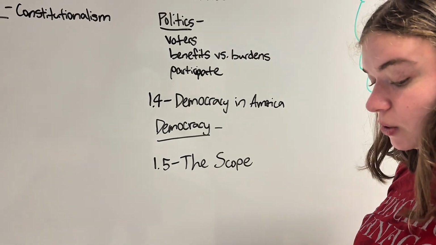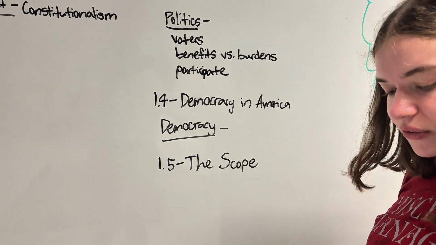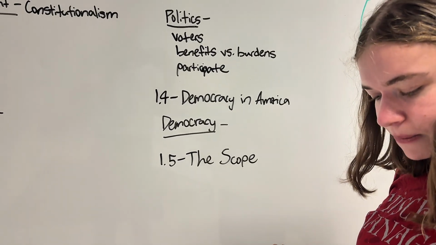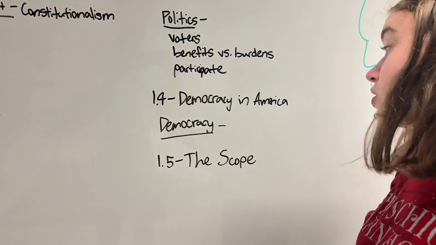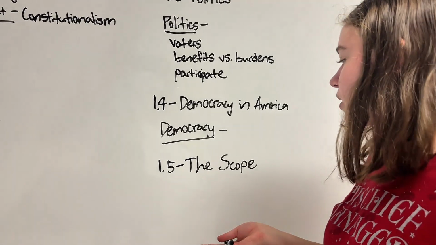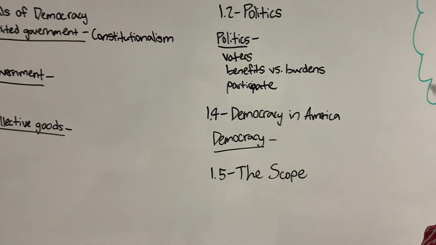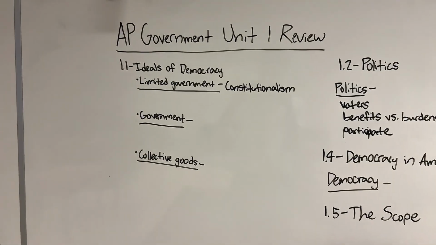WIC reduces premature births, infant mortality, low birth rate, and anemia. 45,000 authorized stores offer healthy WIC foods to participants. 10,000 WIC clinic sites provide services to participants. So lots of different organizations like that are nonprofit that help the world become a better place. So as you can tell, government has a lot of different roles in our lives, and